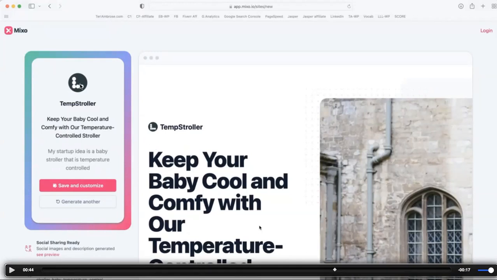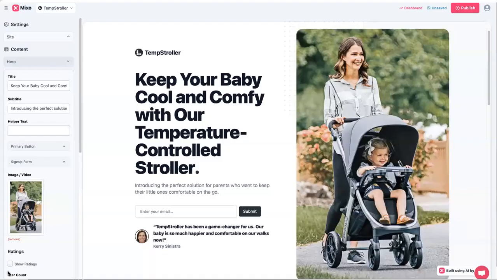They've put together your logo, which is terrible, but that's okay because you can go get your logo. They put together your business name, which again, I wouldn't use Temp Stroller because it sounds like a stroller rental company or something to me. But the point being that you can fix your logo if you need to, and fix your name if you need to. And here's the dashboard I'm talking about, where I clicked the image to edit it, and this pops up. So I replaced the image. I thought that other one wasn't very sellable.